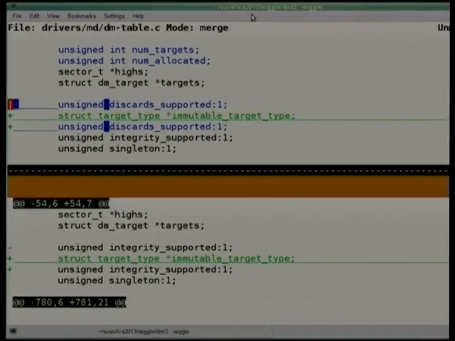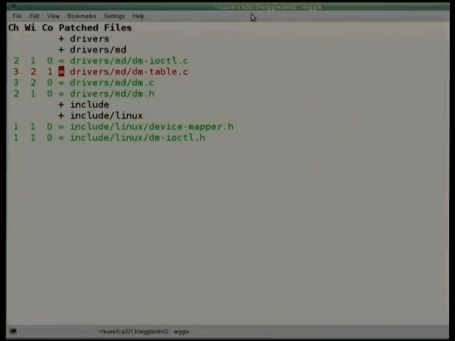For instance, in this case, what it's inserted is right next to a series of bit fields in a structure. This thing itself is not a bit field, so you want to make sure it inserts it outside the list of bit fields or it'll mess things up completely. This has actually provided a little bit more context in the diff than I would really like. I'm not sure it's the best way to display that diff, but I'd want to be careful fixing it because that might break other things. Is there any more? That's all that's in that one.